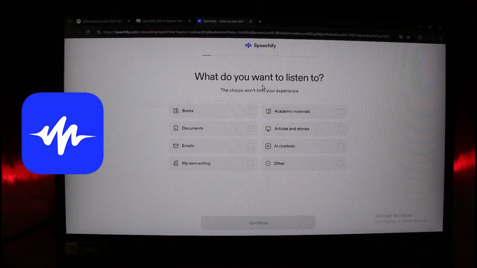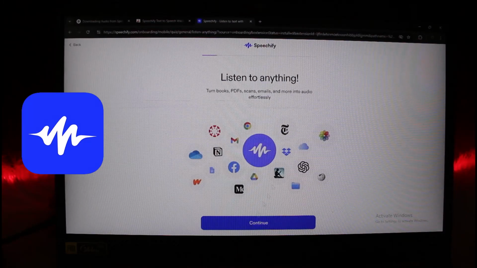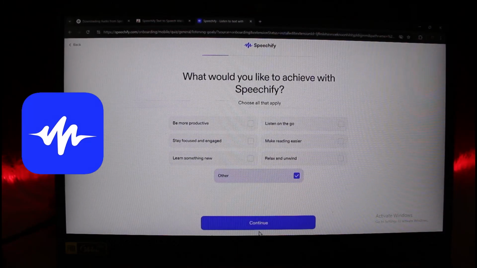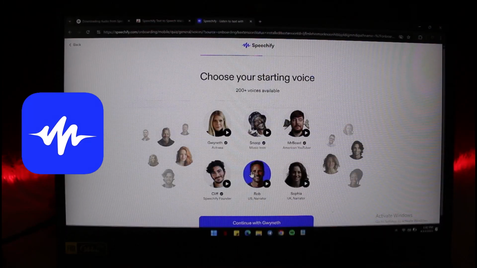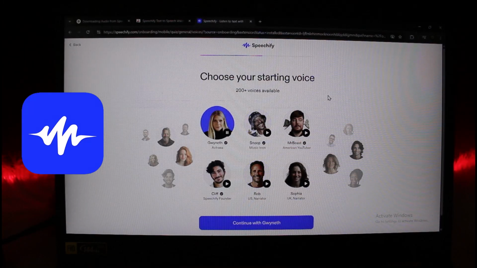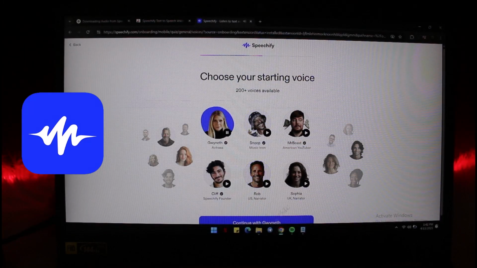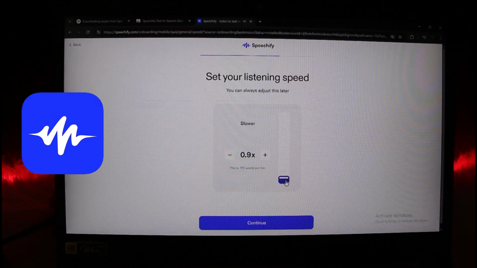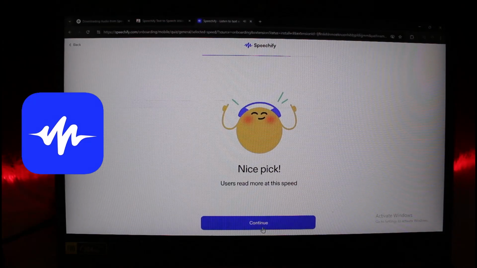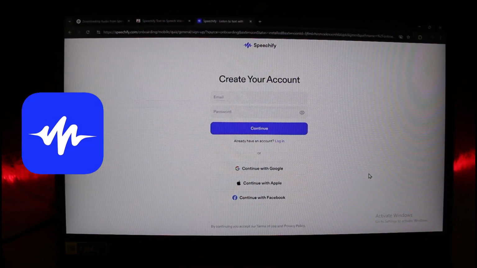So from here you just need to click on the option of what do you want to listen to, and click on the option of continue. So simply follow the on-screen instruction, and from here you need to simply start your voice and click on the option of continue. You may also set your listening speed, so if you want to use it faster you may simply drag this, but if you want it slower you may simply do it like this. And click on the option of continue and simply click on the option of continue,